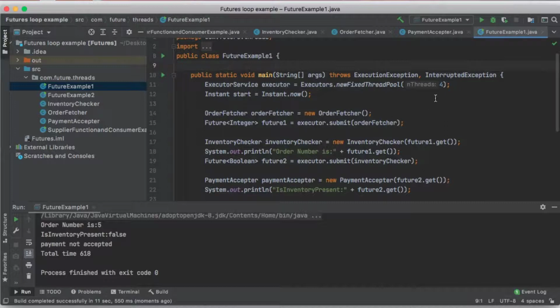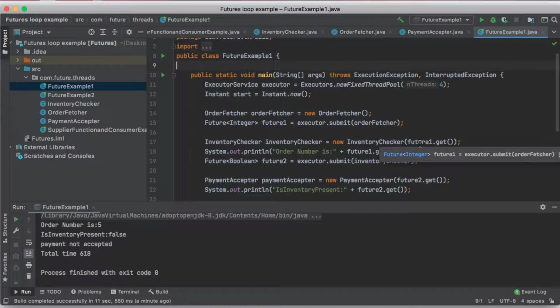Now notice here that I have set the number of threads to 4, but the time taken for the task just adds up, and there is no advantage to using futures and multiple threads as such. In this case, the tasks are running one after another, so we aren't getting the performance advantage by using multiple threads. Now the problem becomes exaggerated when we have 10, 100 or 1000 orders simultaneously in the queue.